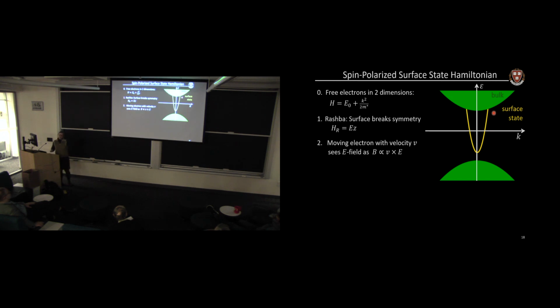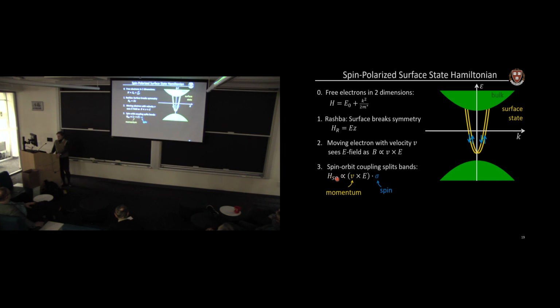Now, the surface breaks the inversion symmetry because out is different than in. And so necessarily there's some electric field at the surface that points out or in. And because of this electric field, which is there just because of the broken inversion symmetry, any electrons that are moving in that field will, by relativity, see that electric field as a B field. And so electrons at the surface of a material will feel the B field and will exhibit spin-orbit coupling. So here's the effective B field from the electron's relativistic view of the symmetry-breaking E field, dotted with a spin.